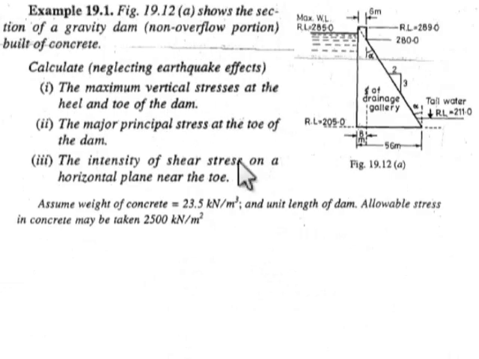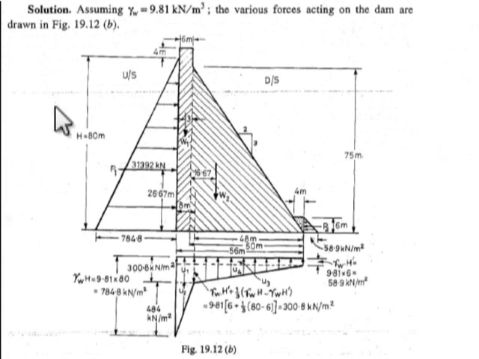Today we are going to solve this. This is the typical sketch. You just draw it on your copy or plain paper. We will first calculate all the forces acting on the dam, then we check it for overturning, and then we calculate the maximum vertical stresses at heel and toe, for the reservoir full condition and also the reservoir empty condition, then the intensity of shear stress for slide shear failure. Okay, let's do it one by one.